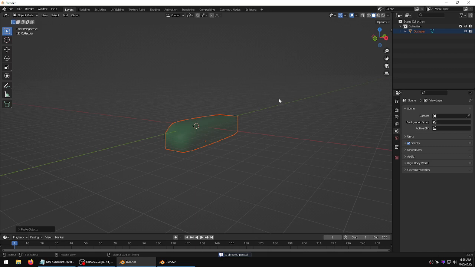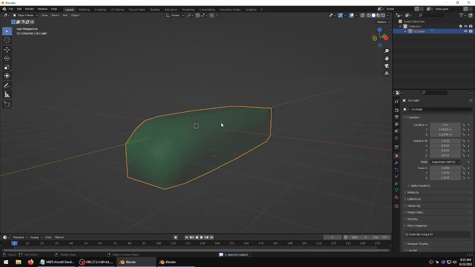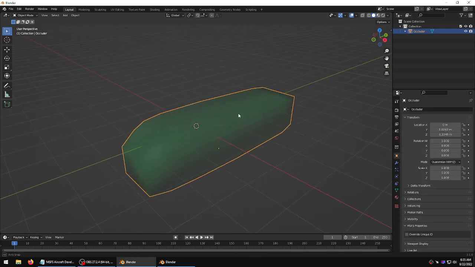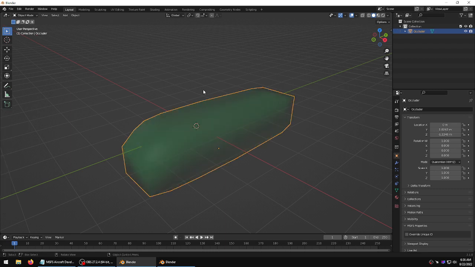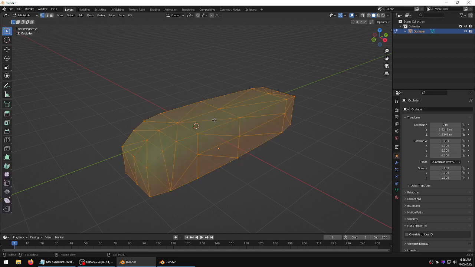Now, I don't really want to swipe, per se, or borrow the entire thing, and we could. I mean, we could then try and arrange that to fit whatever we want. But here's a little trick. What I need is to get just the material properties. So I'm going to go into edit mode, and from edit mode, I'm just gonna